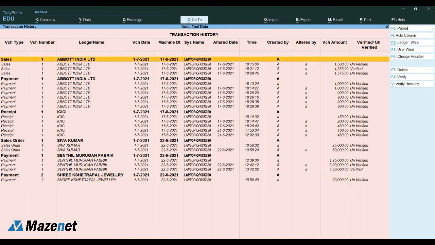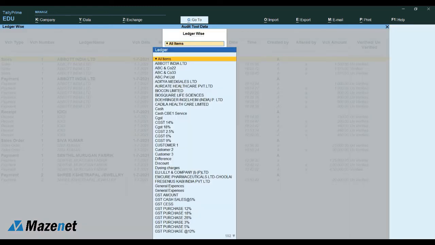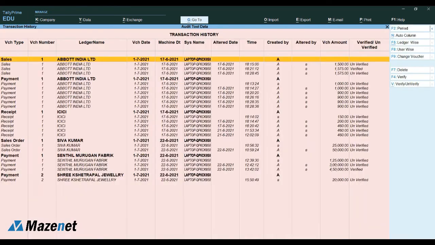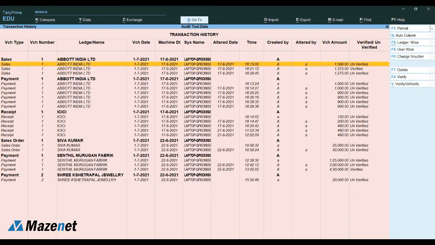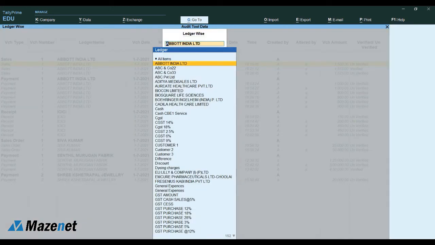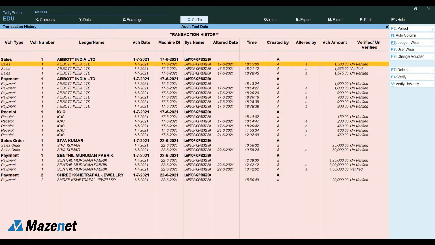So that's it. If you want to know any ledger wise calculation or ledger wise columns or ledger wise collection, you no need to go out of that. You can see in this kind of ledger groups also. If you want to see any kind of transaction, you just click on it. And you can see what are the transactions it has made for the years.